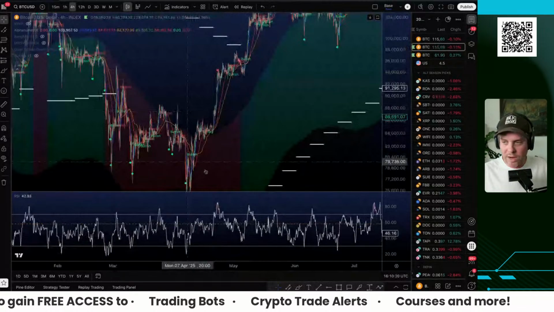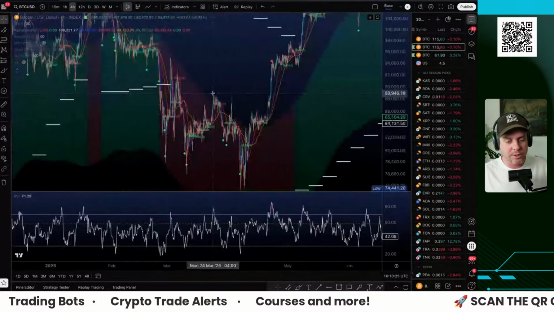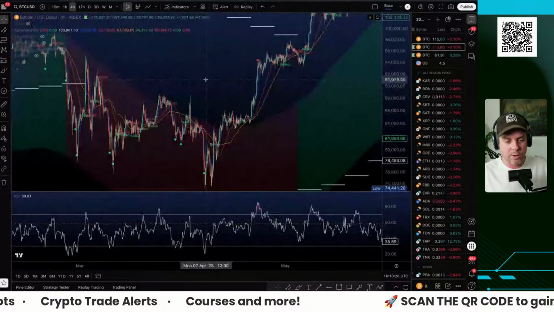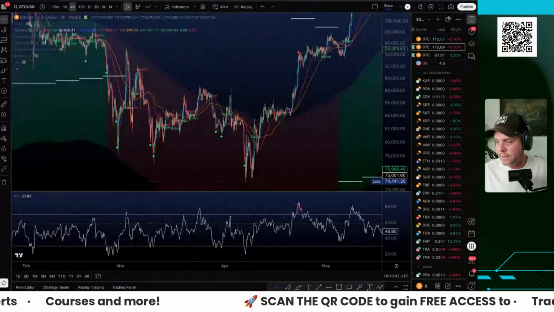We ignore them when the wave is red. If you guys are interested to learn more about this indicator, it's Alpha Numerics. It's a private indicator. We can give you a discount code in the private group. So if you guys are wanting access to that,